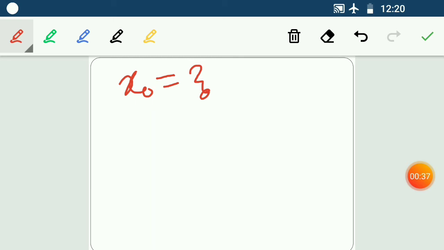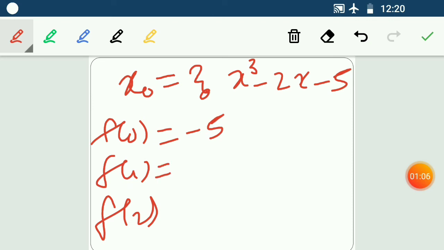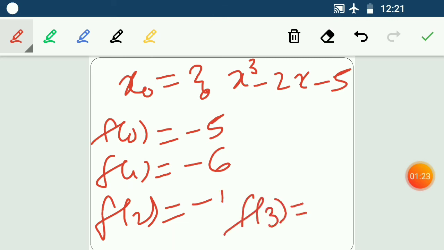In the random check, what we used to do in the bisection method and Regula-Falsi method, we have to find the value of f of 0, f of 1, f of 2 and so on until we get a desired value. So how will we check? Let's see. My equation is x cube minus 2x minus 5. For f of 0, the value will be 0 minus 5, which is minus 5. What is f of 1? 1 cube minus 2 minus 5 will give the value of minus 6. What is f of 2? It is 2 cube, that is 8, 8 minus 4 is 4, minus 5 is minus 1. And what is f of 3? Let's do another calculation. That is 3 cube, 27, minus 6 is 21, minus 5 is 16.